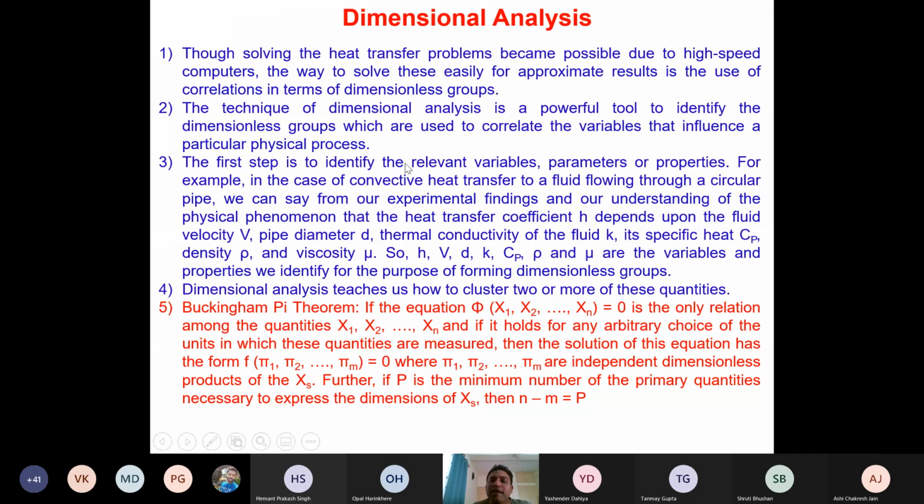The first step is to identify the relevant variables. This is very important. The first step is to identify the relevant variables, parameters, and properties. For example, if you are looking at convective heat transfer to a fluid through a circular pipe, we can say from our experimental findings and from our understanding